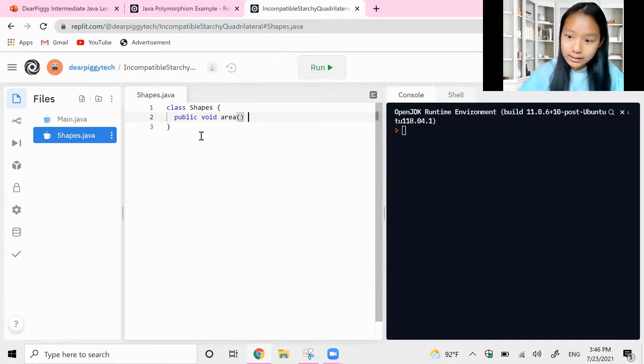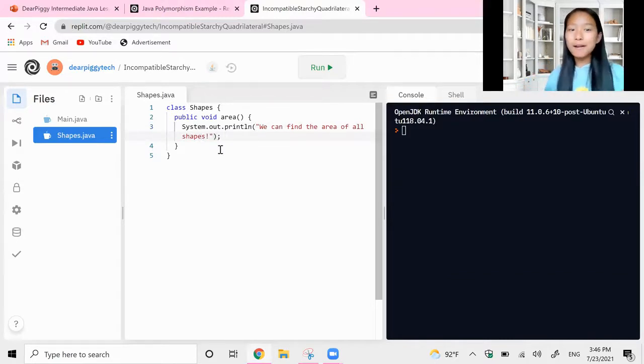And then we're going to say, and no inputs here, and I'll explain why this is so important. We're going to say system.out.println, we can find the area of all shapes. And that's it. I'm just going to leave my shapes function as is, and I'm going to work on my